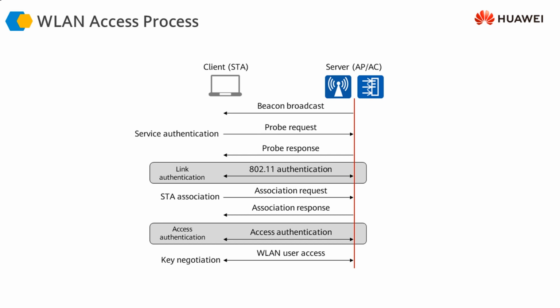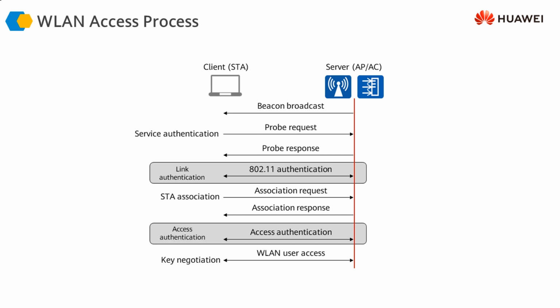So we can either do 802.11 authentication for this. What authentication methods are available for 802.11 authentication, we'll look at later on. Or we can also have an option where we do no authentication, which means that we are willing to allow anybody to connect to our access points. This should be done very carefully, but it is generally the case when you want to authenticate the users on a portal, and there is no authentication at the link level. The only authentication you do is at the access level.